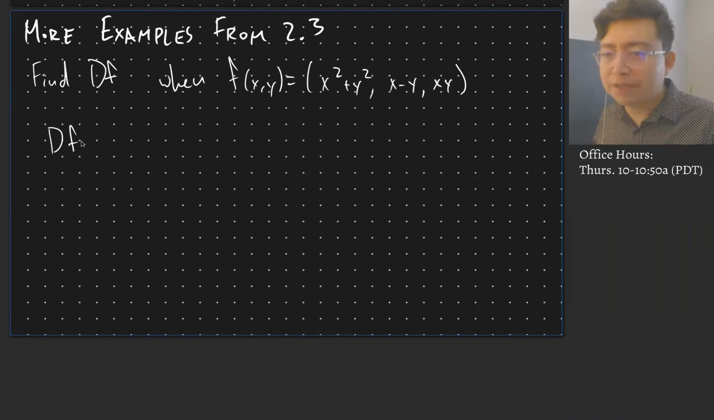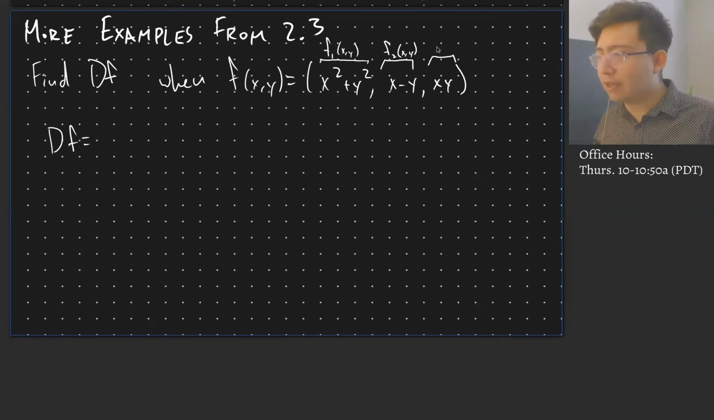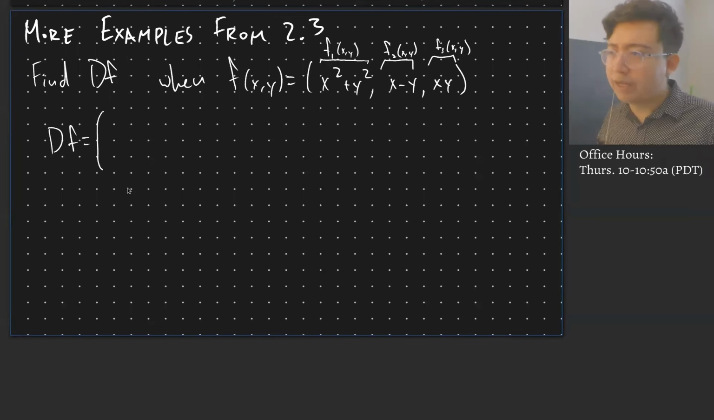Okay, so remember the matrix of partial derivatives is going to be every possible partial derivative you can take. So basically we break this up. This here is f1 of x, y. This here is f2 of x, y. And this here is f3 of x, y. And so this is going to be a 3x2